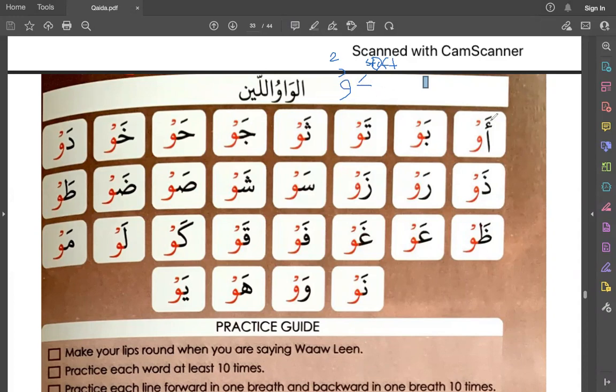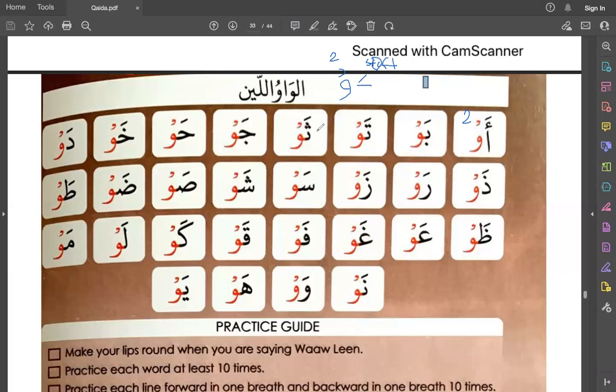So give a very nice time on Fatha, because you have to spend 2 counts long time, right? So you give a very nice time on Fatha and join this Fatha with Waaw in a very soft manner. Ow. And Waaw should be pronounced very well. Ow. Bow. Look how well I'm saying Fatha, and open your jaws for Fatha and join this Fatha letter with Waaw with softness. Bow,